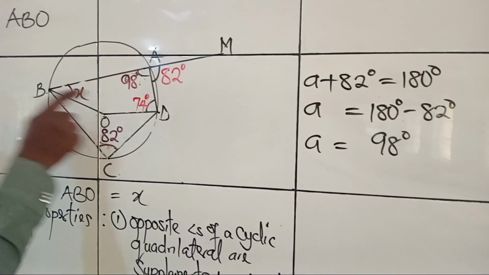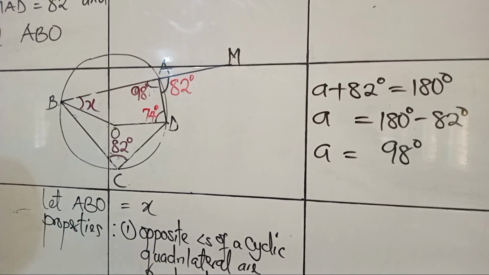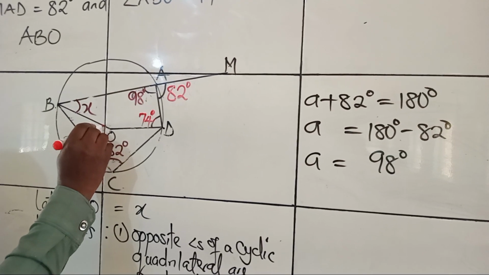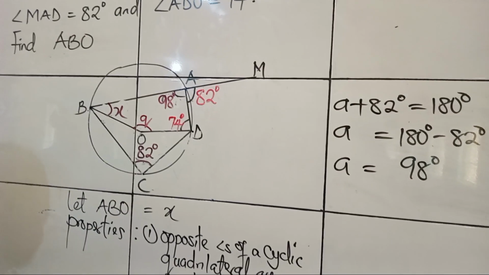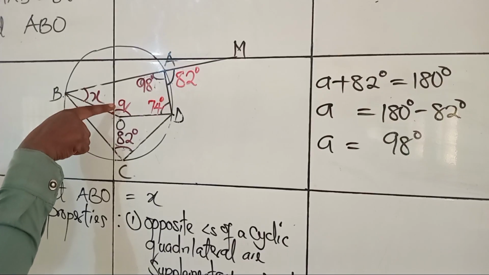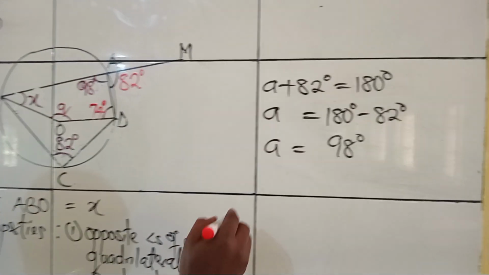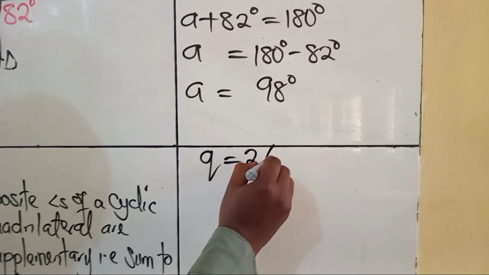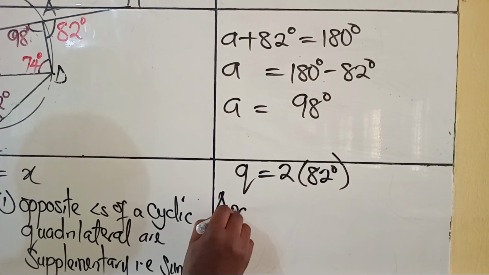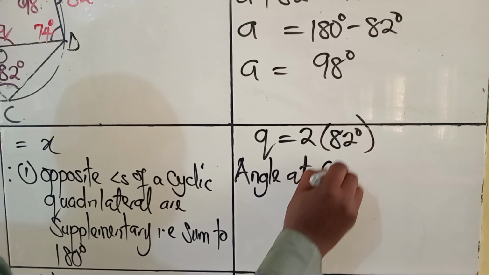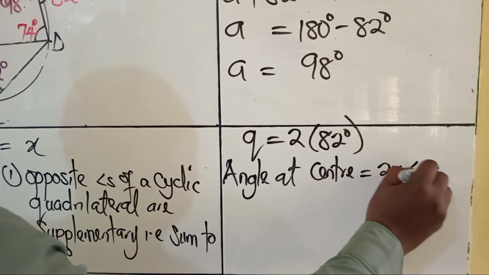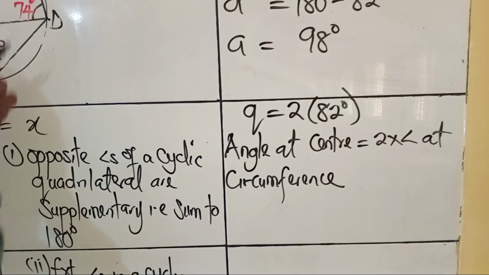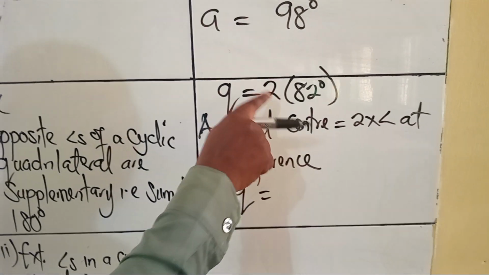So now we're asked to find ABO, that is the value of X. If I let the angle at the center be equal to Q, then we can use one of the properties that says the angle at the center is twice the angle at the circumference. So I can say Q equals 2 times 82 degrees. And what is the reason for that? The angle at the center of a circle equals 2 times the angle at the circumference. So the angle at the center here is Q, and the angle at the circumference here is 82. So Q equals 2 times 82,